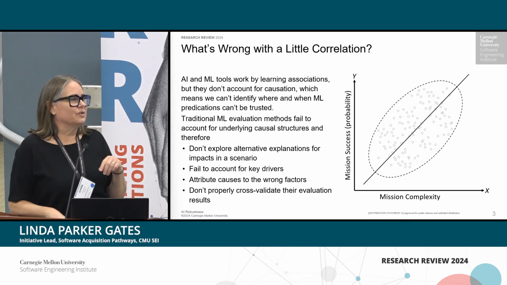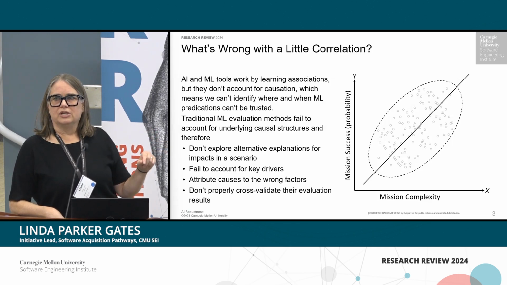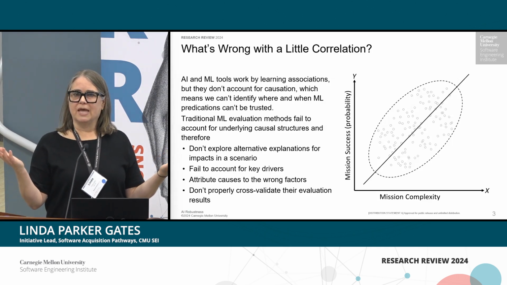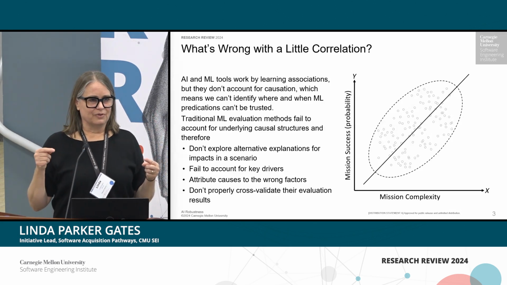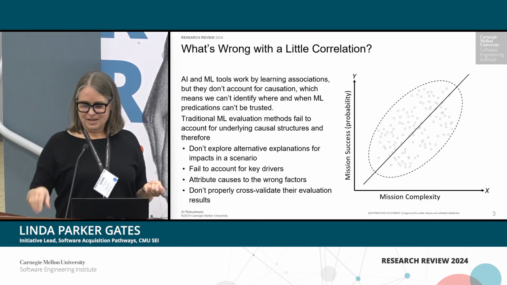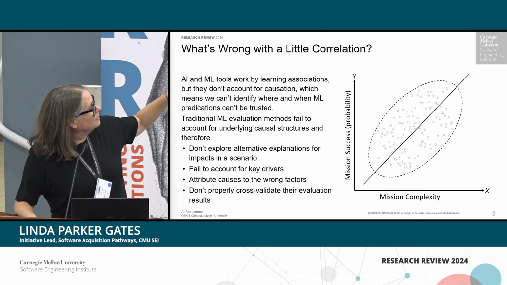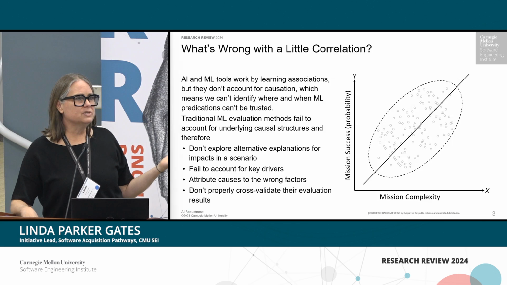And there are some kind of fun examples around the dangers of correlation, like if you were to correlate falling asleep with your shoes on with waking up with a headache, right? But we could probably guess that there's a common cause for both of those things, and it's not the falling asleep with your shoes on that causes the headache, right? So in this example, you'll see that the probability of mission success increases with mission complexity. It's a little curious, right?